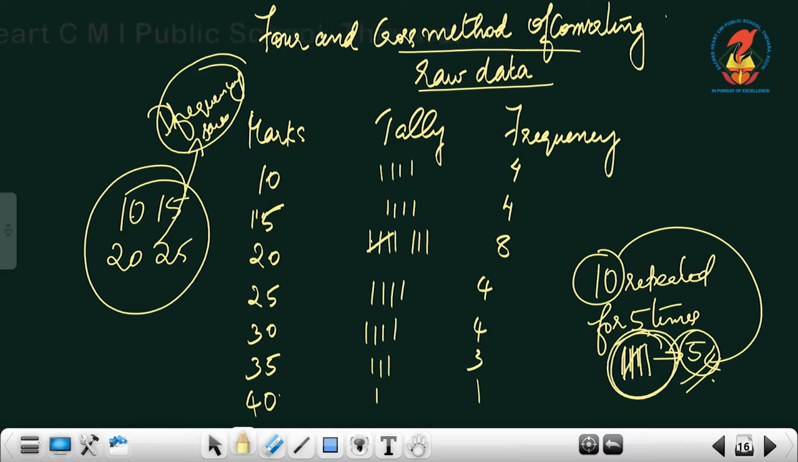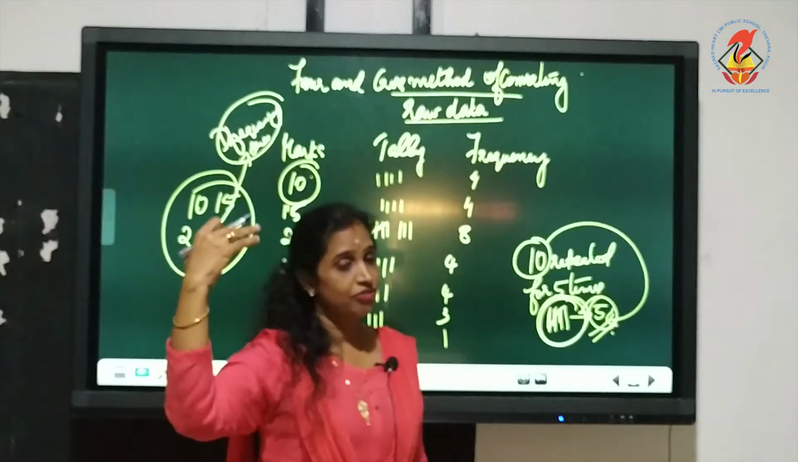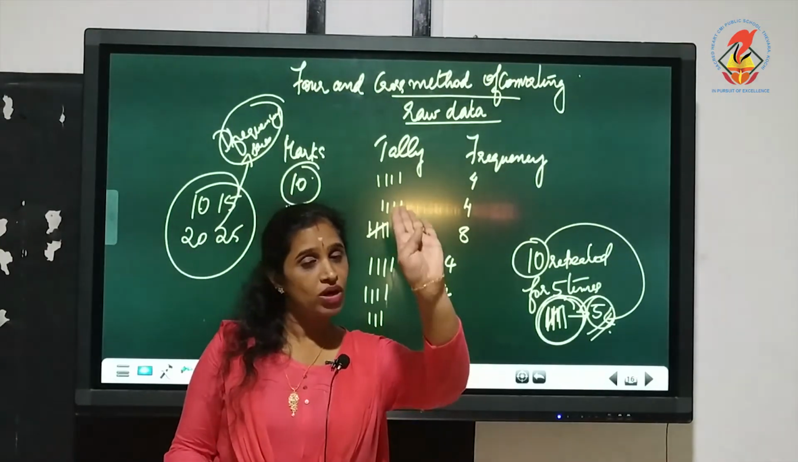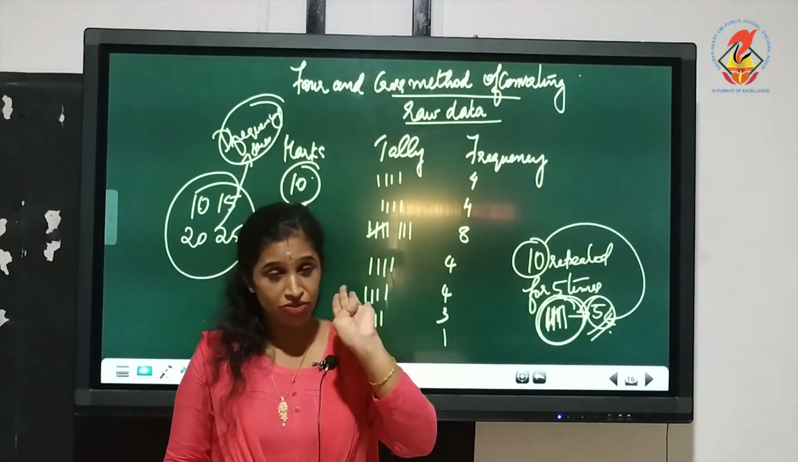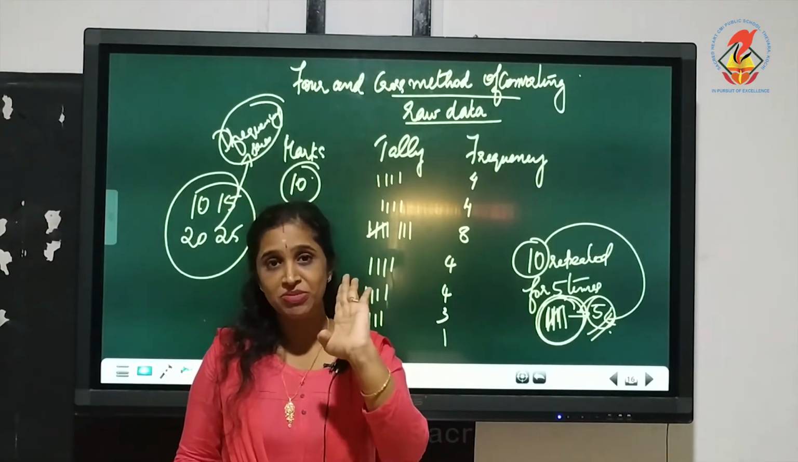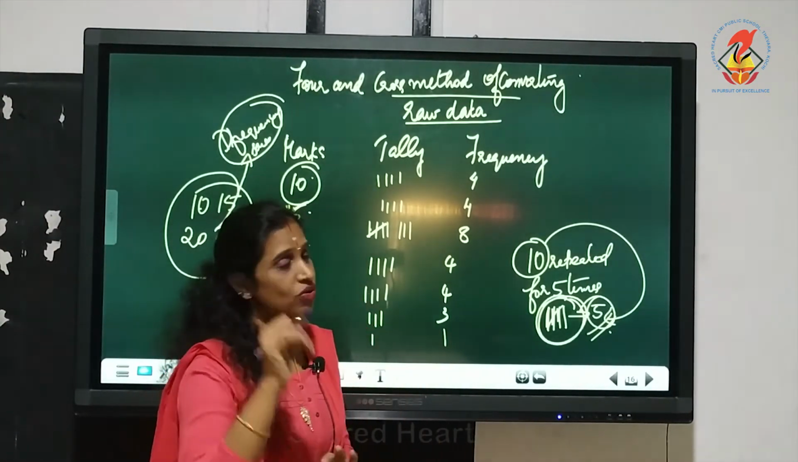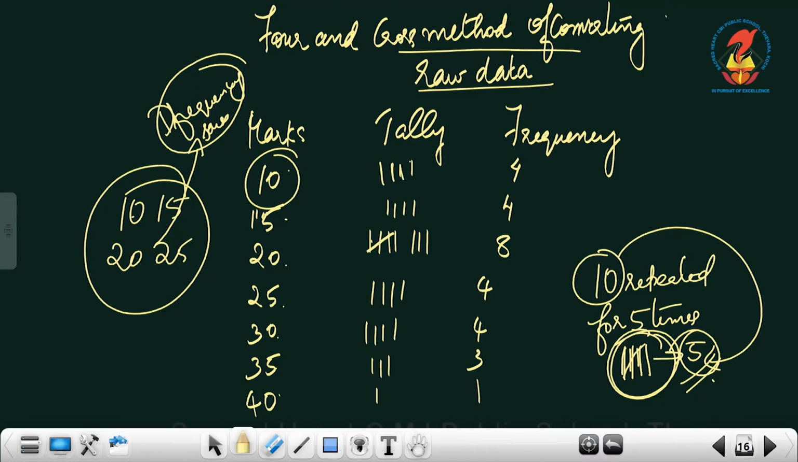Frequency series means the series which has frequency. And how have we arranged the data? Let us see. 10, 15, 20, 25, 30, 35, 40. Now 10, how many times do you have 10? If you remember the previous table, 4 times we wrote 10. So that 4 times that 10 has repeated is given by 4 tally bars. So the frequency given here is 4. Now 15 has appeared 4 times, therefore frequency is 4. Number 20 has appeared 8 times, therefore